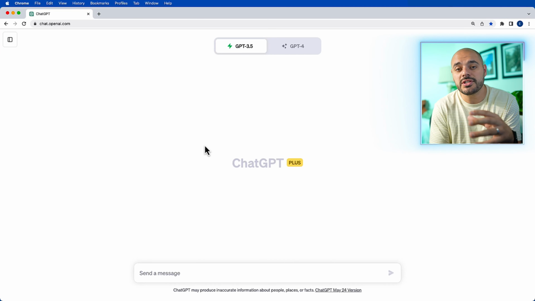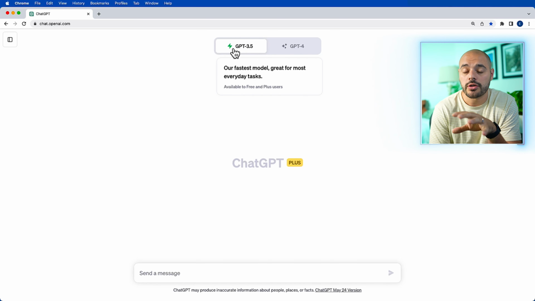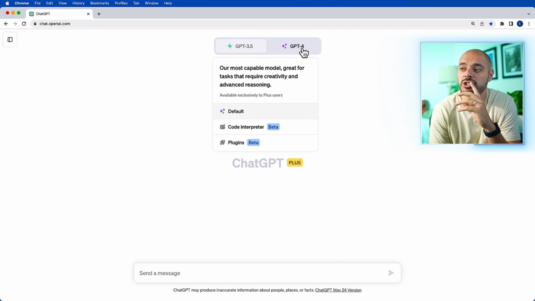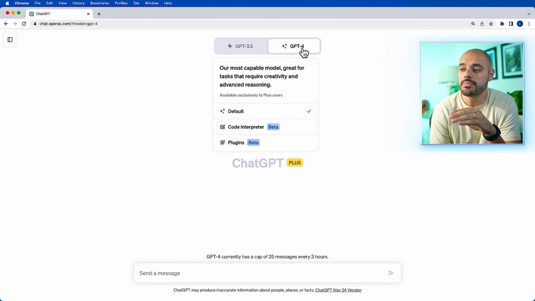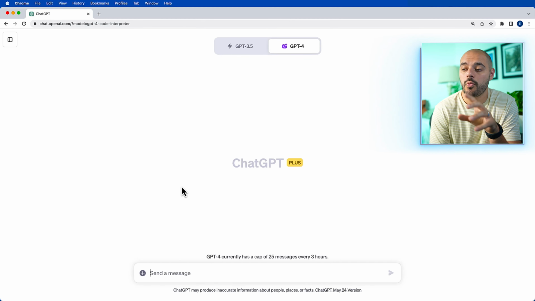All right, now to use the Code Interpreter, you need to have GPT-4, and right here you can see that we're currently on 3.5. Let's change this to GPT-4. And once you're on GPT-4, we can select the Code Interpreter Beta. Now, when you select the Code Interpreter Beta for GPT-4, you will get this new plus sign where we can